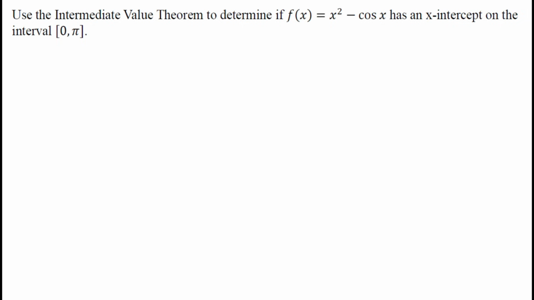All right, for our next one, we've got x squared minus cosine x. We want to show it has an x-intercept on the interval 0 to pi. So first, we'll state that this function is continuous. Right? We'll say f of x is continuous on 0 to pi